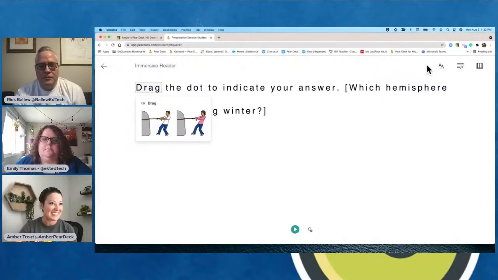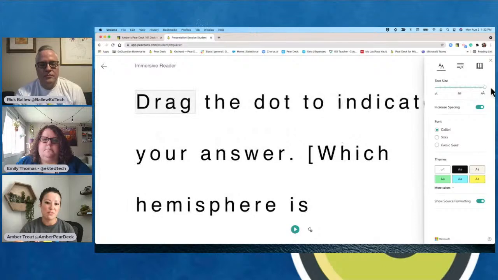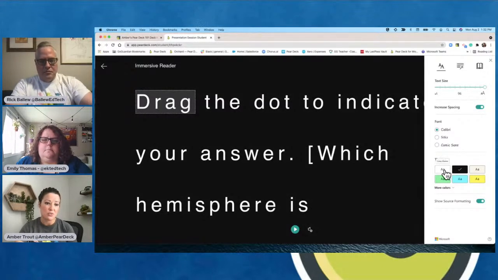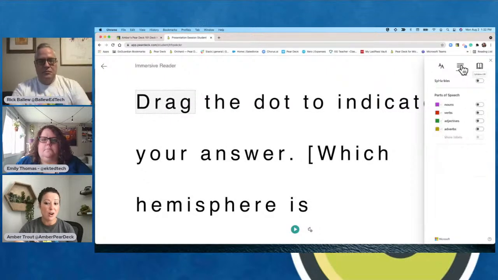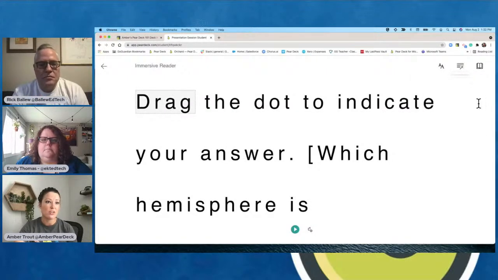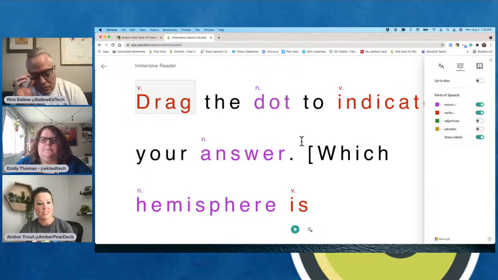And over here in text preferences, I can make it a larger text for students with vision impairments. I can change background colors if that's easier for students to identify with it. You also have here in the middle grammar options, turning on those nouns, verbs, adjectives, if I can get them to click on, and it highlights them, and I can even show labels. So now the kids know what parts of speech are even in this sentence.